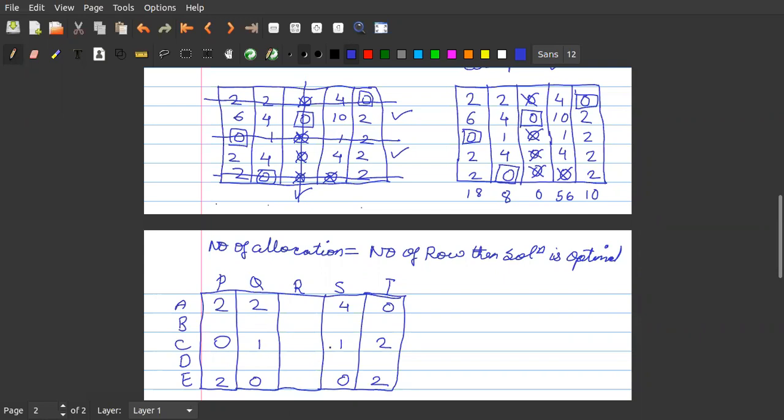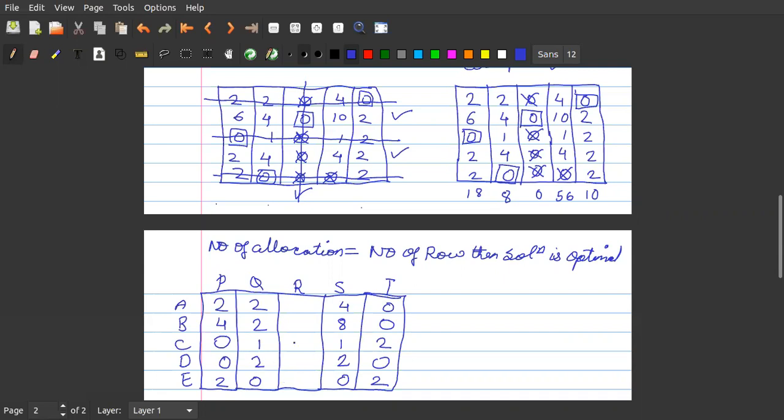Other than these, wherever there is no line passing, we will subtract the minimum value from them. So 6 minus 2 will become 4, 4 minus 2 will become 2, 10 minus 2 will become 8, 2 minus 2 will become 0, 4 minus 2 will become 2, 2 minus 2 will become 0, 2 minus 2 will become 0, 4 minus 2 will become 2.